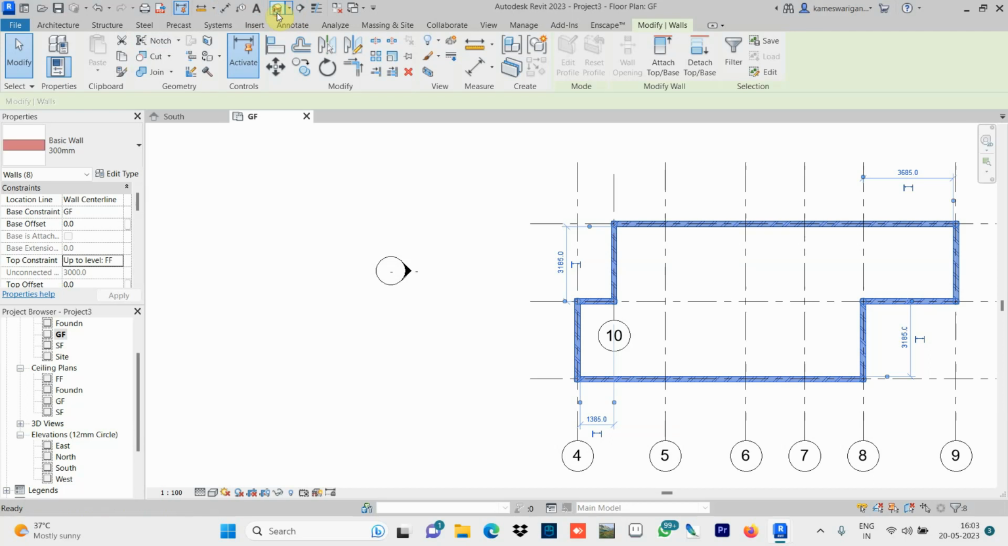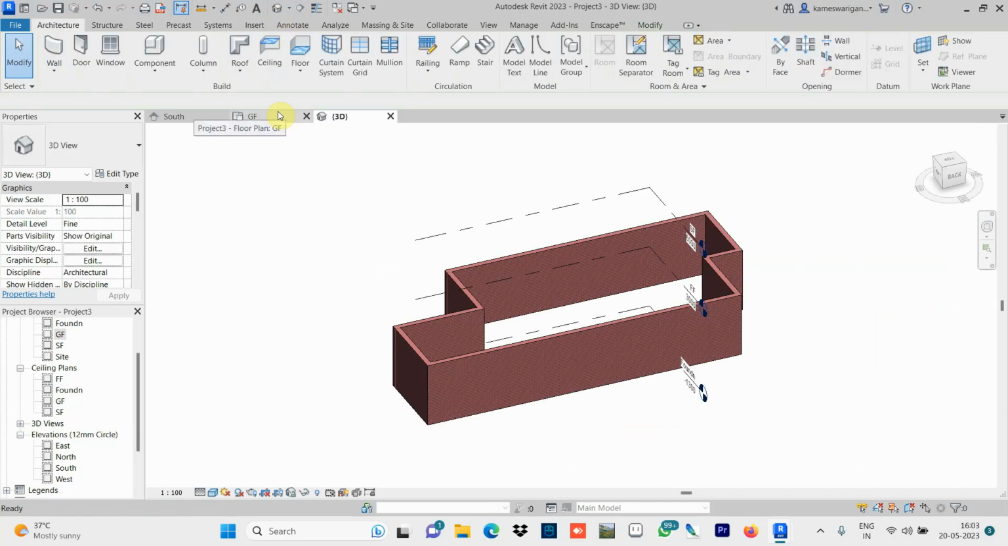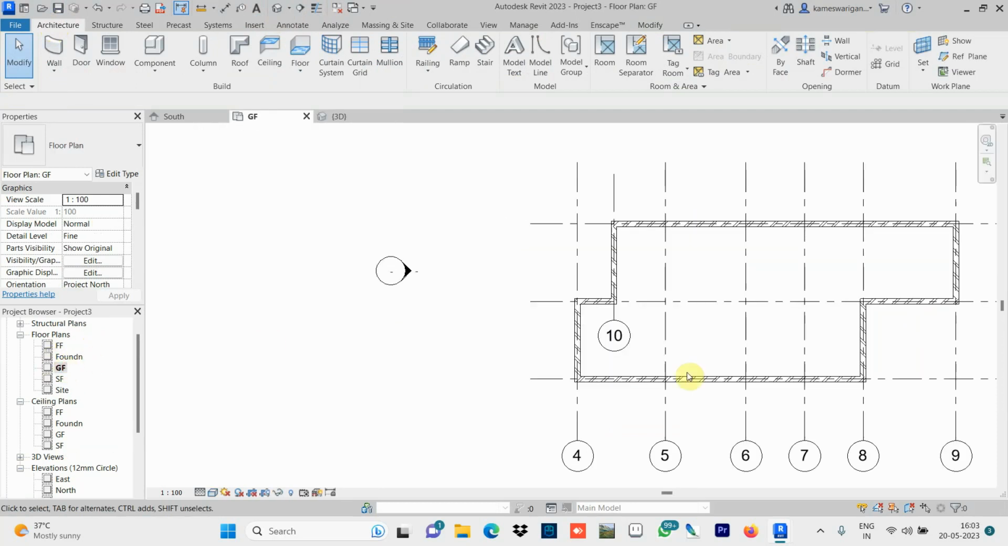For the 3D view, just click it here, and you see your building is ready now. You can see your building construction is ready. Can you see it here? So then what we need to do is go back to the ground floor. In the plan level I go to the ground floor. In the ground floor, then what I need to do, I need to